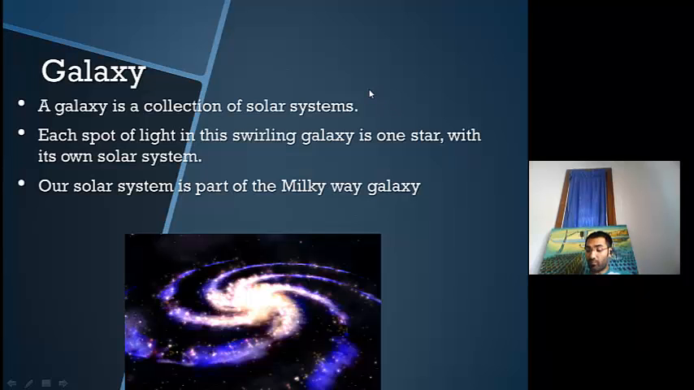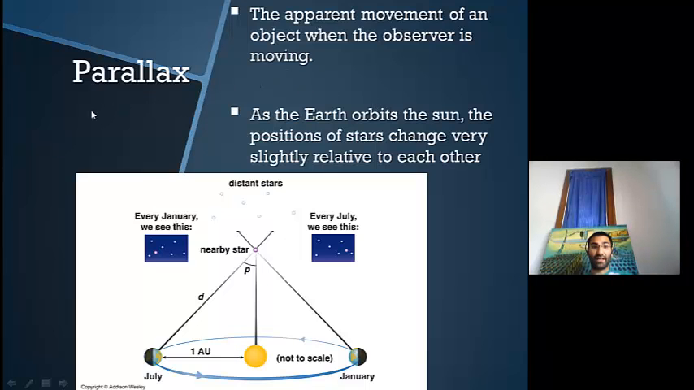Now, earlier I mentioned the word parallax, and we talked about parallax in relation to the wandering planets, the wandering stars. Well, parallax is the apparent movement of an object when the observer is moving. So the object isn't moving, but the observer is moving. So it's slightly different to what we're talking about, but it still maintains a little bit of it. Let's have a look at this diagram below to see what parallax means. In July, if we are an observer standing on the Earth and we look towards the stars,